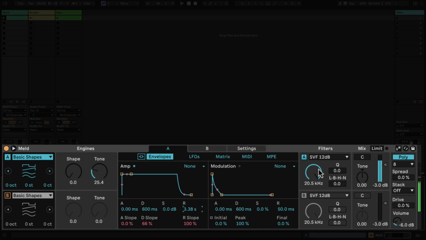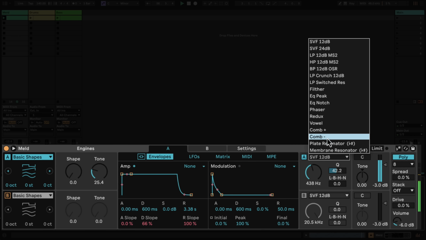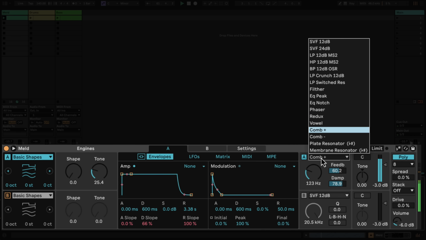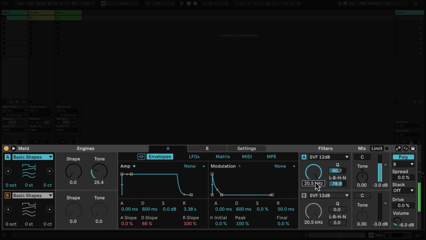Over on the right, I have a filter, which I can turn on and off here, and adjust the filter cutoff. Each filter features 2 macros. And similar to the oscillators, the macros change depending on the kind of filter I pick. Let's take it back to the default for now. I'll turn up the tone and shape here to really hear this sound.